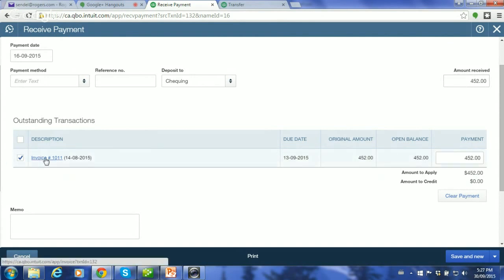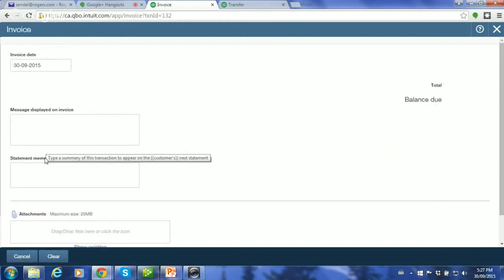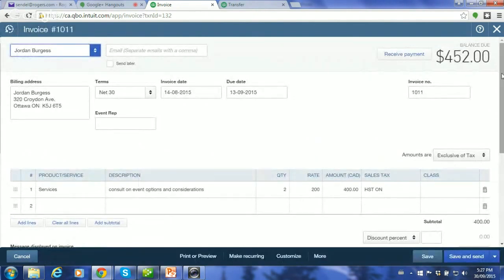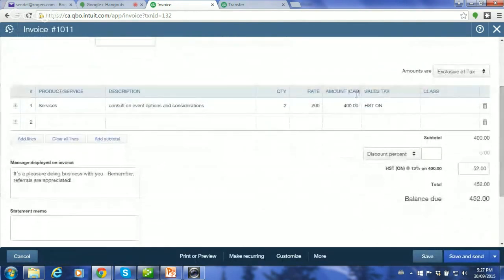So I'm going to go back into the invoice that we issued for $452. And again, we're in Canada, and we're dealing with what's known as a VAT, a value-added tax. We have HST in our country. So I could do a discount as a percent, or in this case, I can do a discount value.